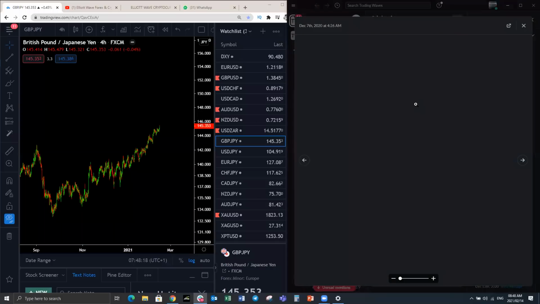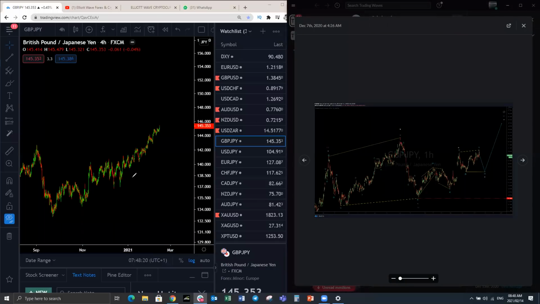Now, an interesting one was this one here. When we were here, look at this. When we were here, we said, this is going to make a move to the downside and it's going to push to the upside. It indeed makes a move to the downside and pushes to the upside. Granted that it made a move down, it made another one to the upside and made a move to the downside. But what we were looking for eventually was this structure. We're simply looking for a flat correction. It plays out and makes a move to the upside. Simple. This is how we trade.